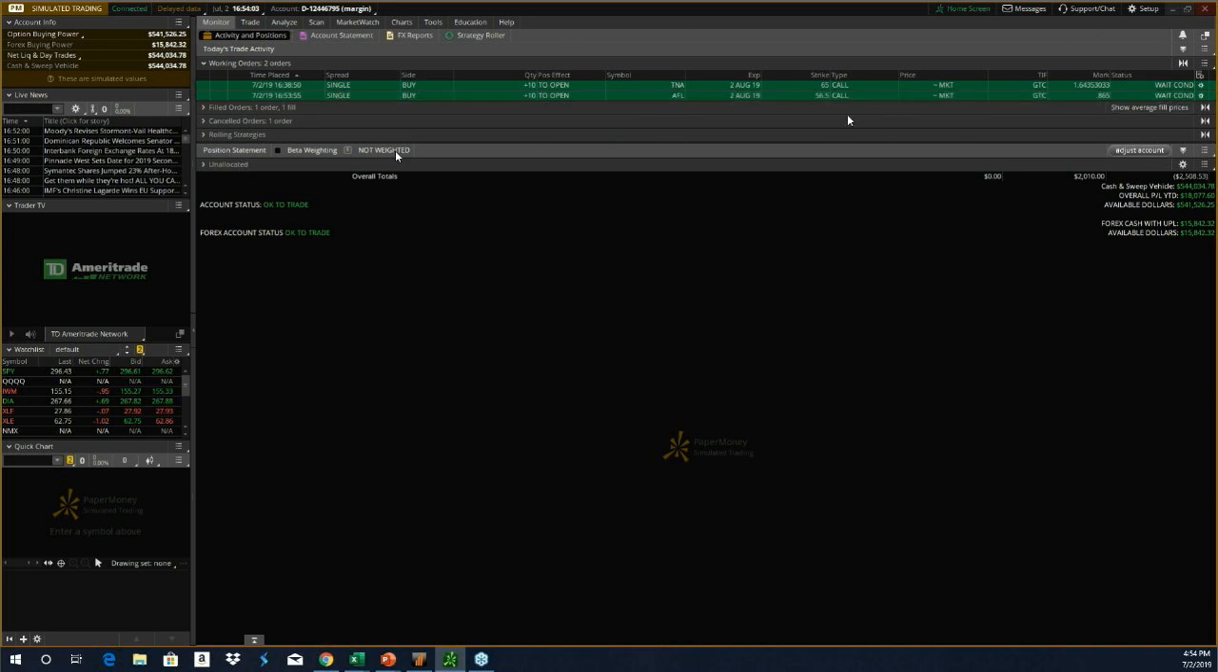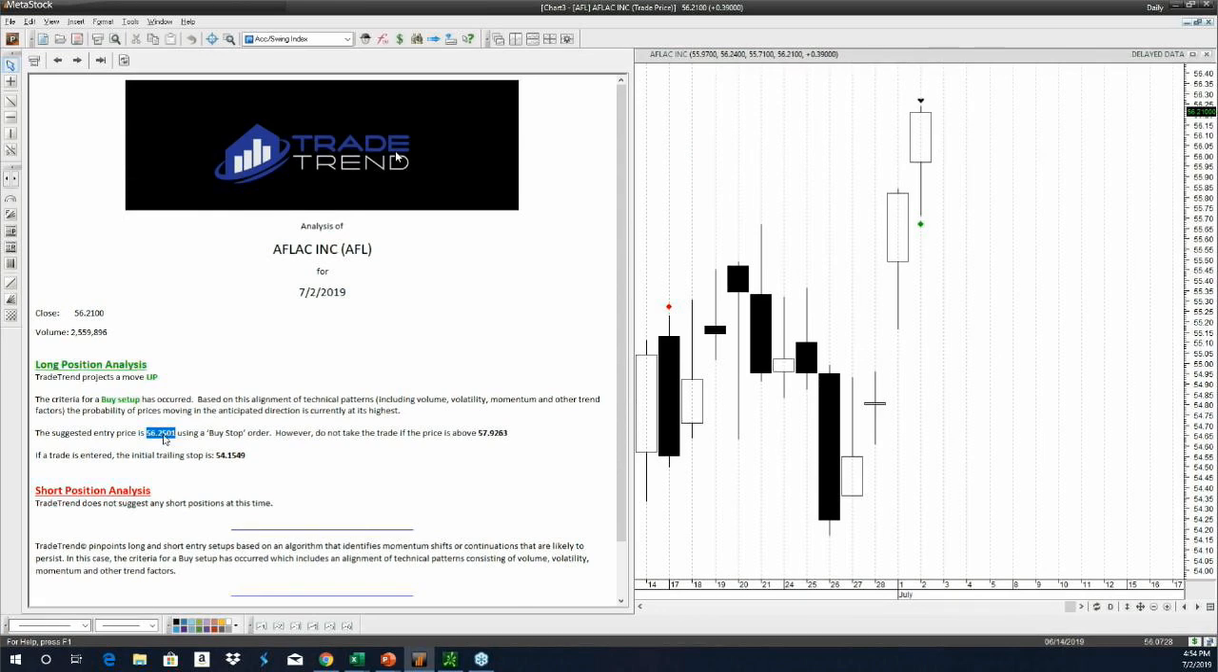until AFL hits the suggested entry price from TradeTrend at 56.25. If it doesn't, we won't get filled. We won't buy the 56.50 strike calls. If it does hit that price, we'll buy the 56.50 strike calls at market, and we'll be in a long